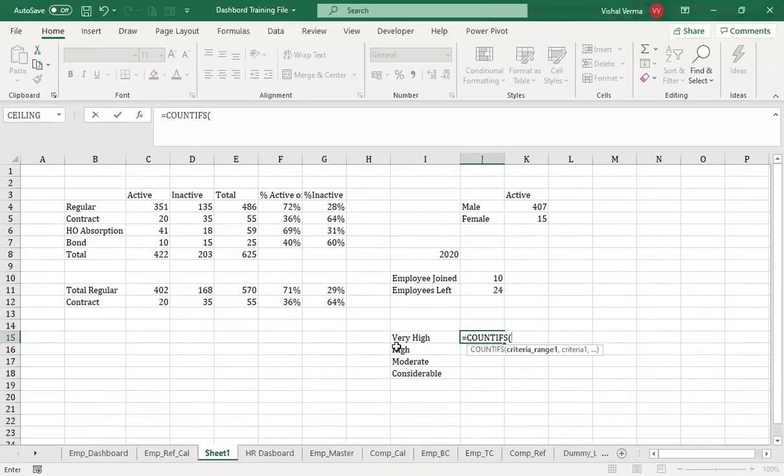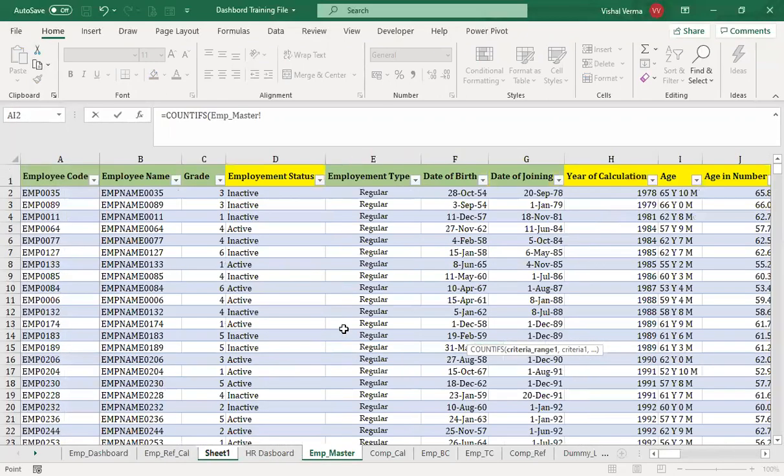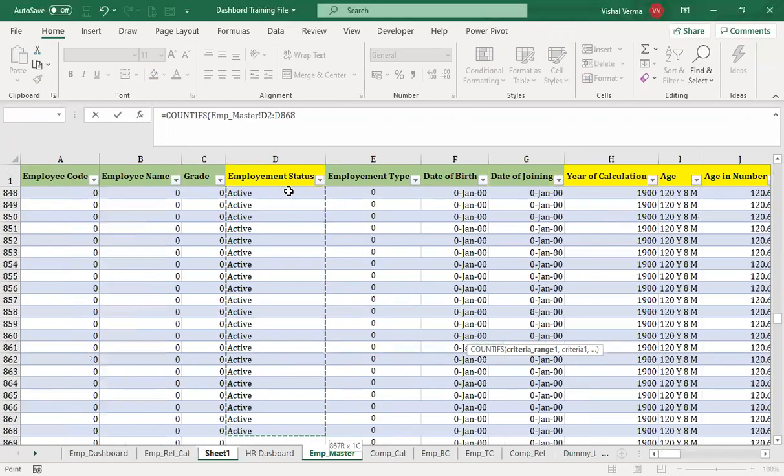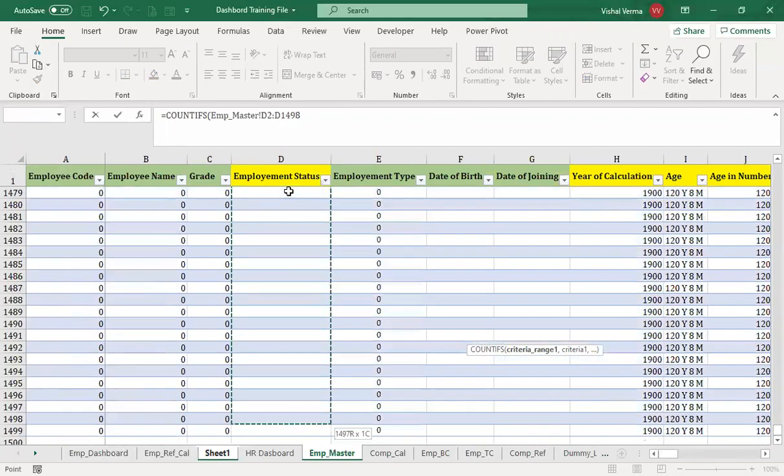Second, we need the details of how many employees are very high. So COUNTIFS, let's go to our employee master data, go to active employees, the employment status, freeze that, and the condition is active.